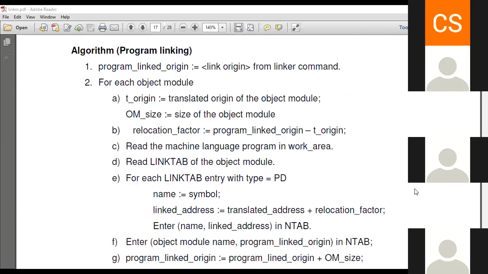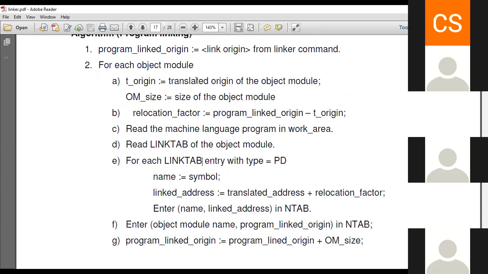Okay, so in the program linking, you can see here that only one change that is required is the entry in the end tab. Okay, so in the program linking, we need to link the program because we have some external references, and we know that these external references we are handling in the link tab and end tab.